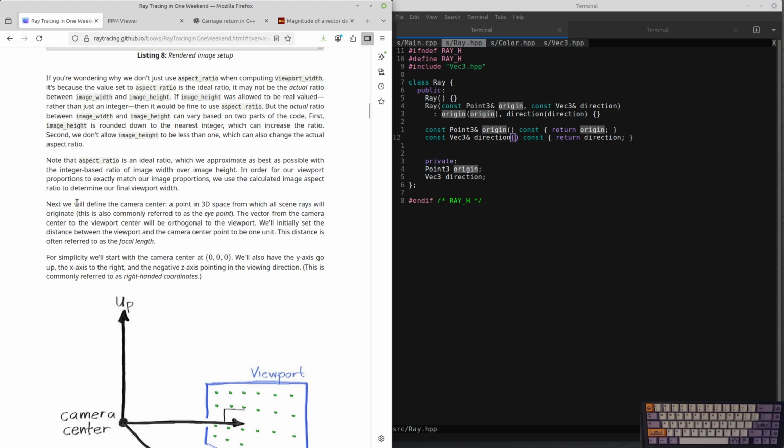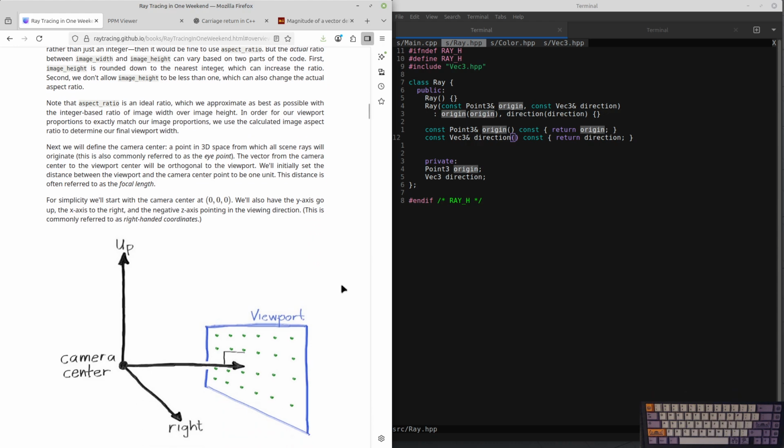The vector from the camera center to the viewport is orthogonal to the viewport, sure. We'll initially set the distance between the viewport and the camera center point to be 1 unit. The distance is often referred to as the focal length. We'll also have the y-axis go up, the x-axis to the right, and the negative z-axis pointing in the view direction. Right-handed coordinates. Okay,